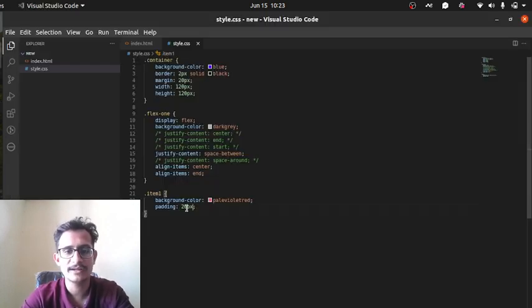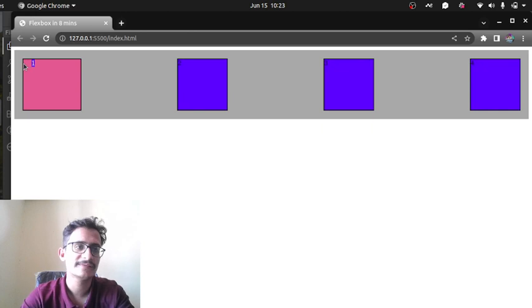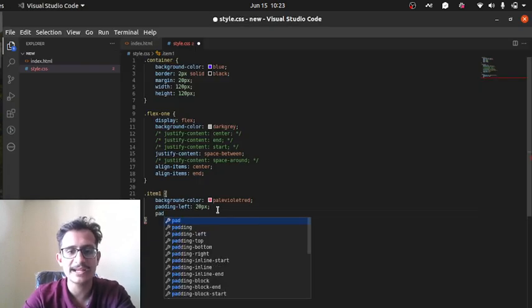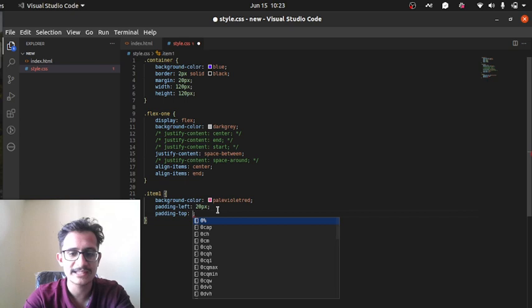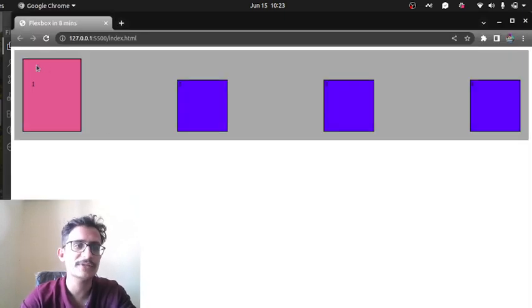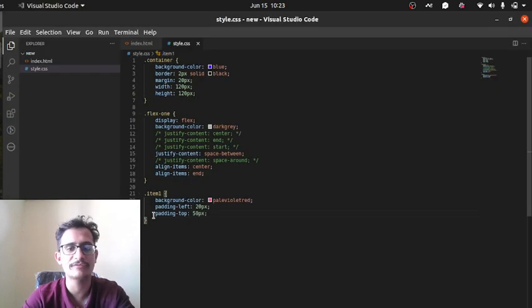Let me give padding left only instead of all the padding. So you can see the space is going to come only on the left hand side. Here we got one difference, that padding is always inside the div. And if I also give padding top as, let's say, 50 pixel, you can see there is a difference. From the top it is going to give a padding of 50 pixel.